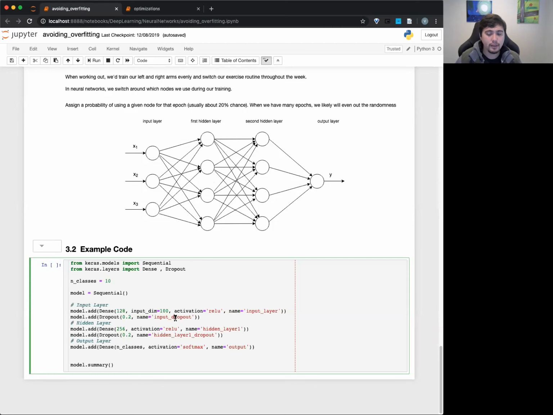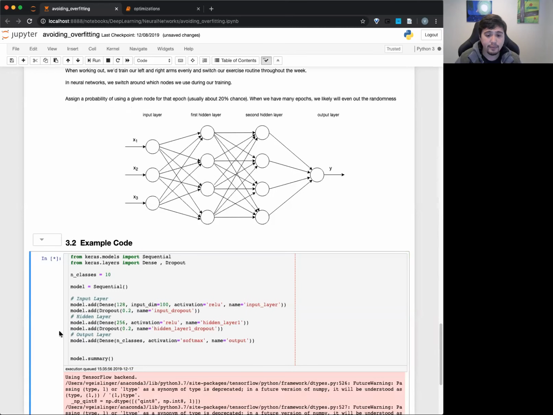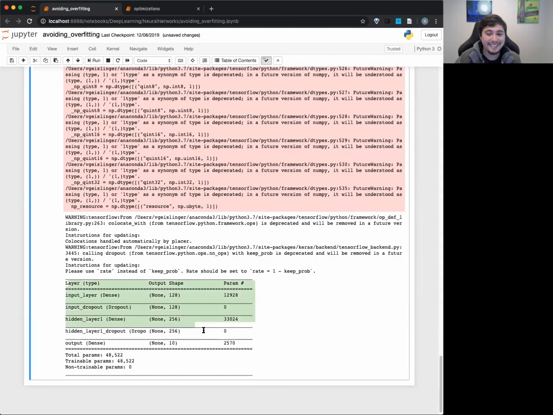Okay, and if I run this now, you can see the model summary. Eventually, there we go. All my warnings. Okay, there we go. So you can see our model right here, and you can see our summary. We see our input. Our input was 100. Then we have a dense layer of 128. Our dropout, and then our hidden layer again, 256. I shouldn't have input here. This really should be a hidden layer. That's okay. And then you can see here another dropout, and then our output.